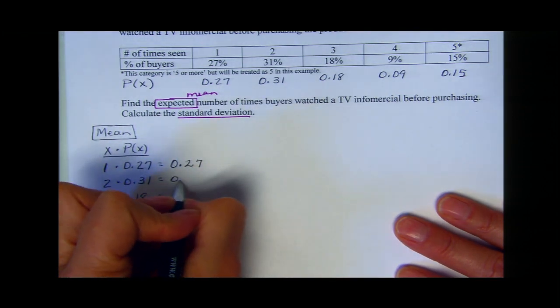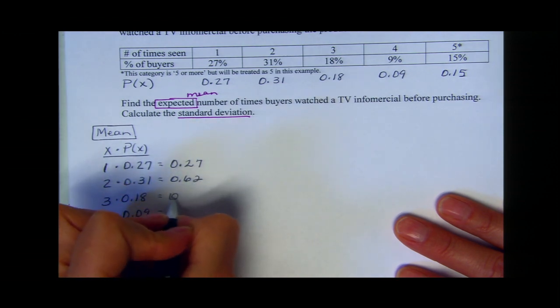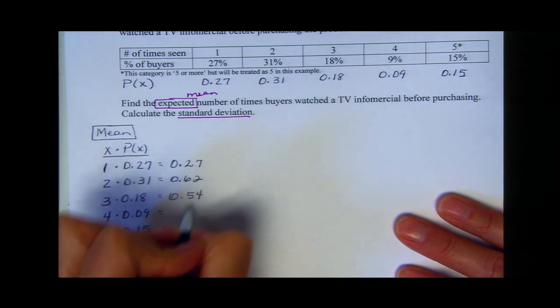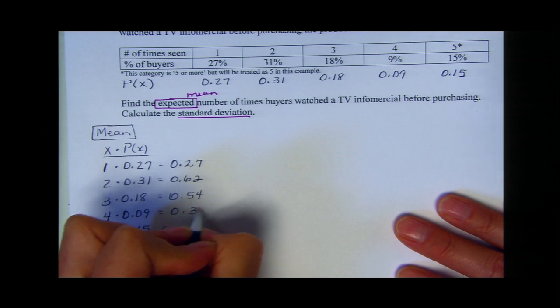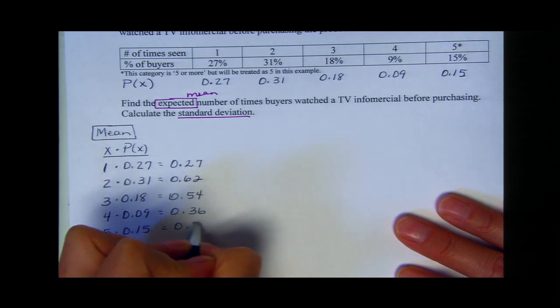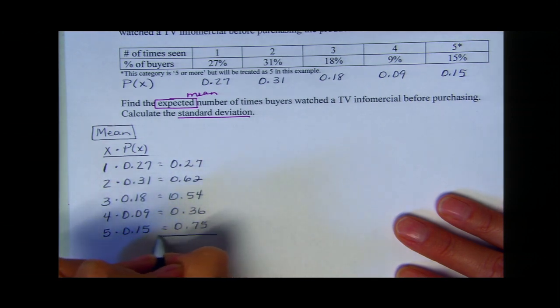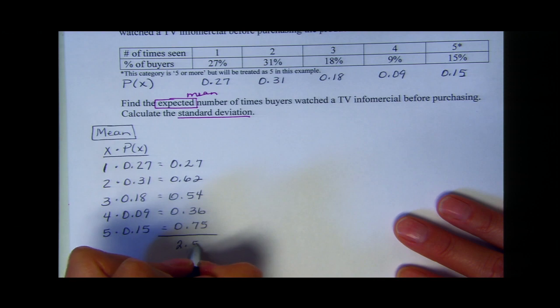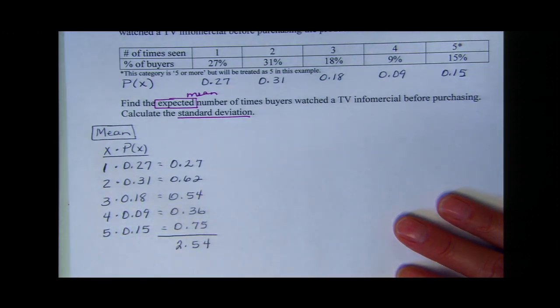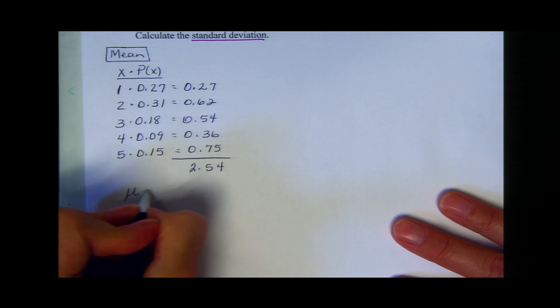0.27, 0.62, 0.54, 0.36, 0.75, and the mean is the summation. So if you add all of these up, you get 2.54. That's very similar to the last example. So the mean is 2.54,